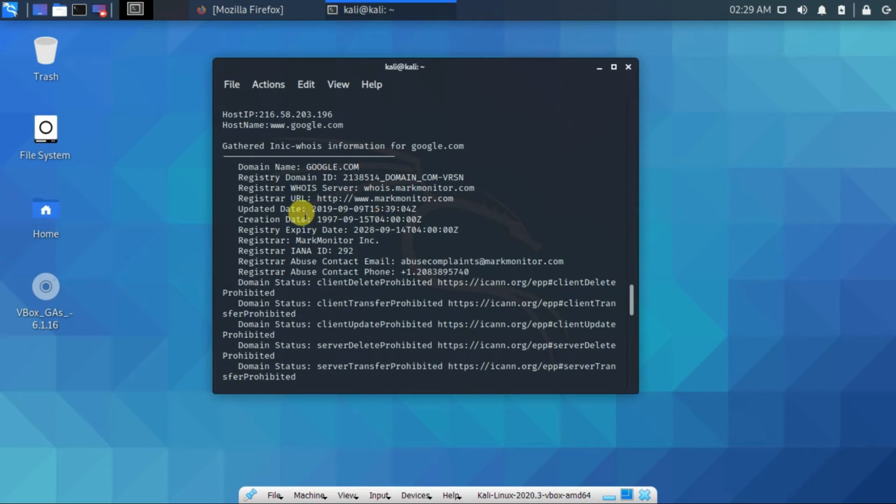And we know that google.com came into existence on the 15th of the 9th month of 1997. We got to know that, and we know that the google.com domain will expire on the 14th of the 9th month of 2028.